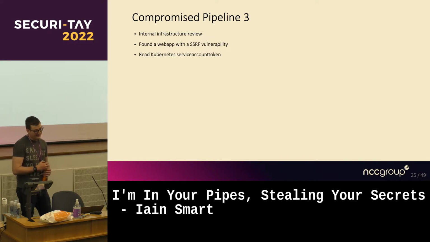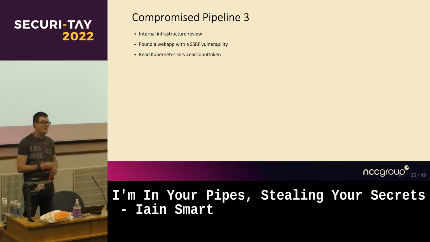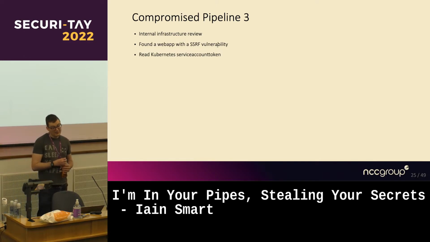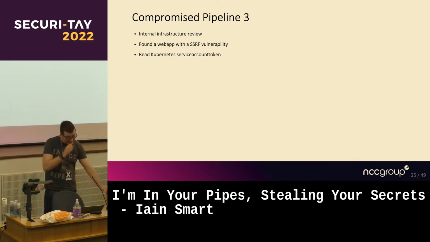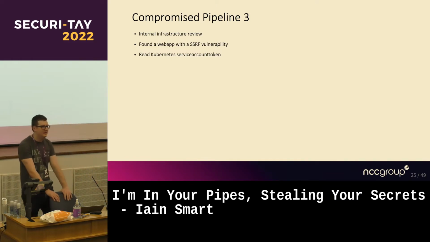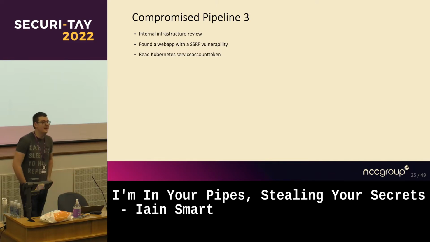And again, if anyone's heard me talk about Kubernetes, you'll know I get very annoyed at RBAC. One of the things Kubernetes does is mount a service account token into every pod that's run by default. So even if you don't need to talk to the Kubernetes API, your pod has credentials that let you talk there. And it's in a fairly predictable location. It's in /var/run/secrets/kubernetes.io/serviceaccount/token. So we just said, right, we're going to use this SSRF to cat that file.